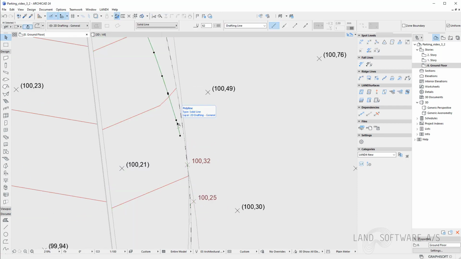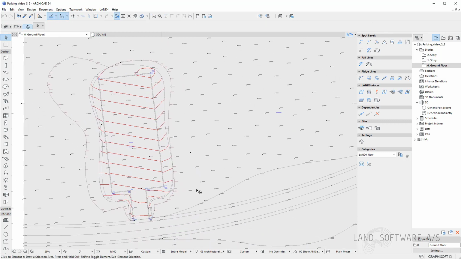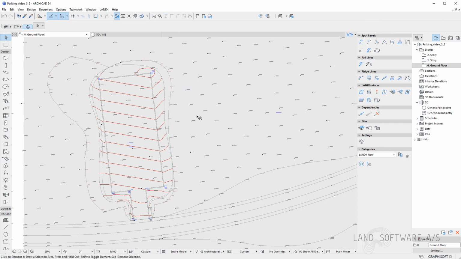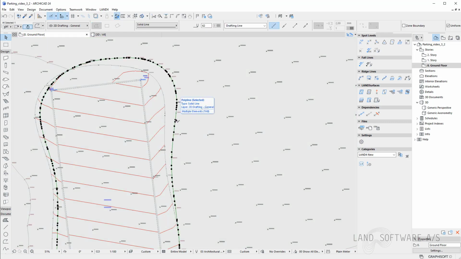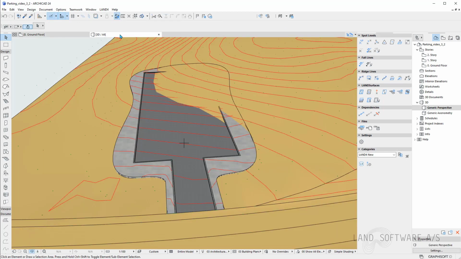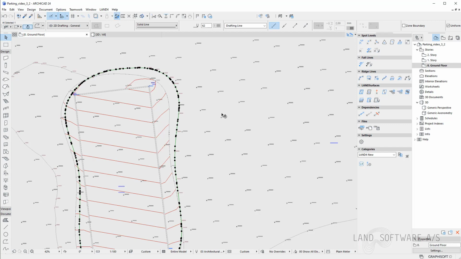Now, this is the line we don't need, so I can delete it. And I can do the same for the line representing the cut. I can see that in the layer control, and before I have placed this in the Land4 New, so now I know this is the ridge slope I'm deleting. Now it disappeared in the 3D. So now I'm sure I'm working with a polyline I placed here.